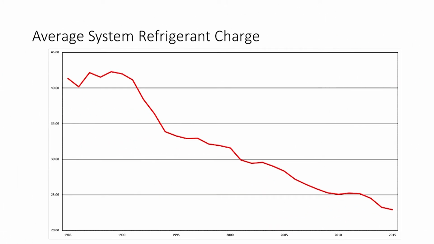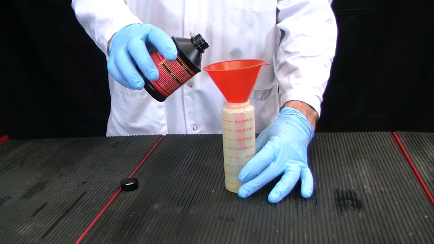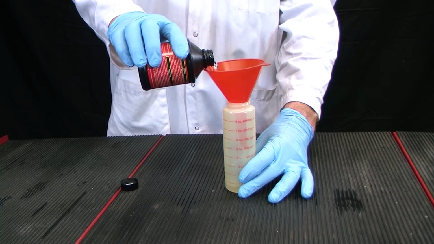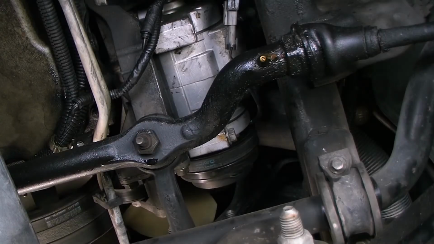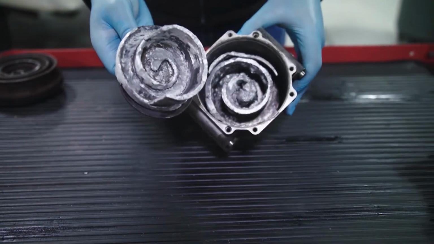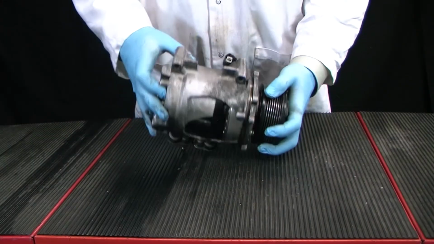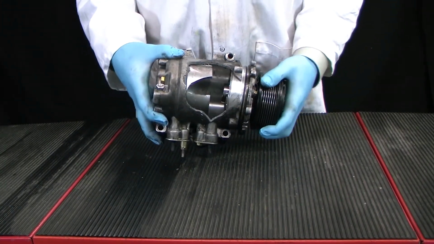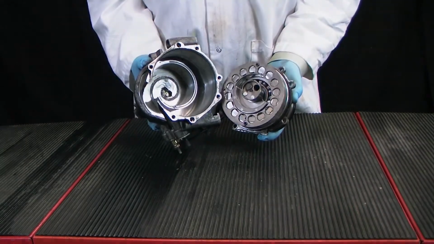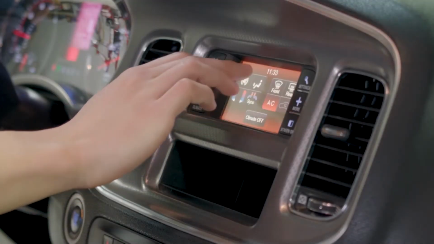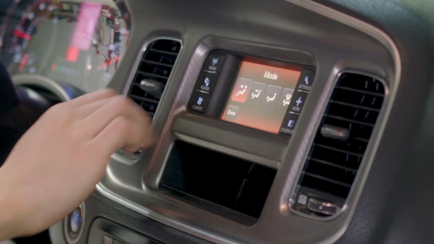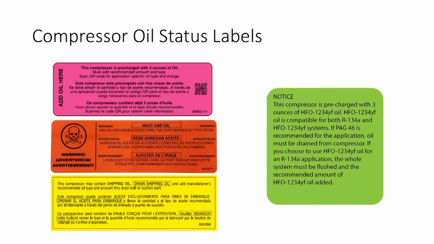With much less oil and refrigerant in the system, there is simply no room for error when making repairs. We must have exactly the right type, amount, and viscosity of oil where it needs to be in the system right from the moment the compressor first starts to turn. Too little oil results in lack of lubrication and eventually the compressor seizes. Too much oil can slug or liquid lock the compressor, causing catastrophic damage. Excessive oil also significantly reduces system performance by forming a thermal blanket on the internal heat exchange surfaces of the condenser and evaporator. To begin answering the questions we posed earlier, it is important to understand our compressor labeling system.